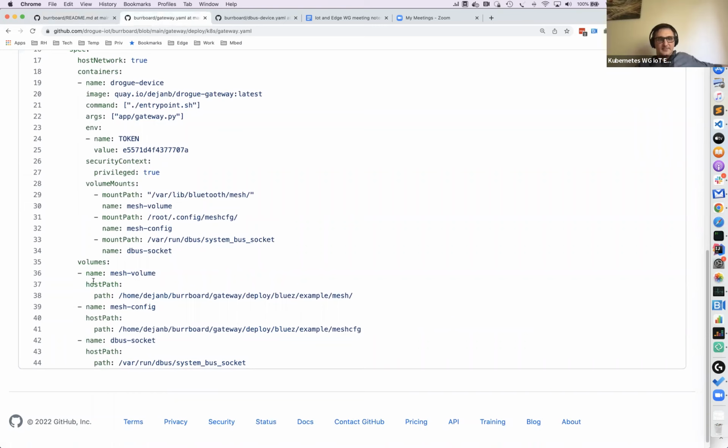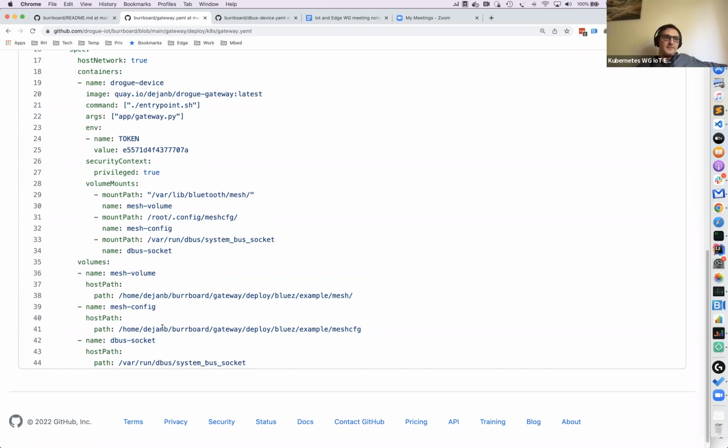For the state, currently I have just two volumes that contain this pre-provisioned state. As I said, it works nicely if you have something that you pre-provisioned. A lot of this state is a bunch of JSON files, so it's easy enough to mount into the volumes.